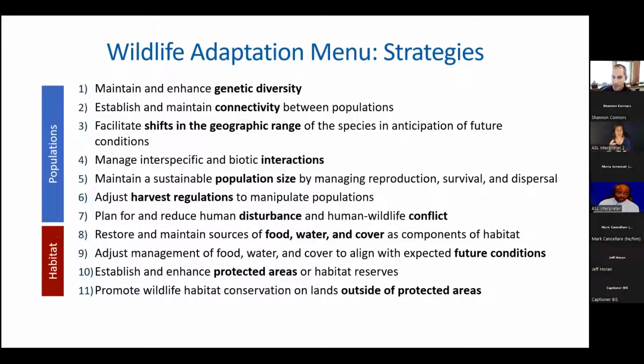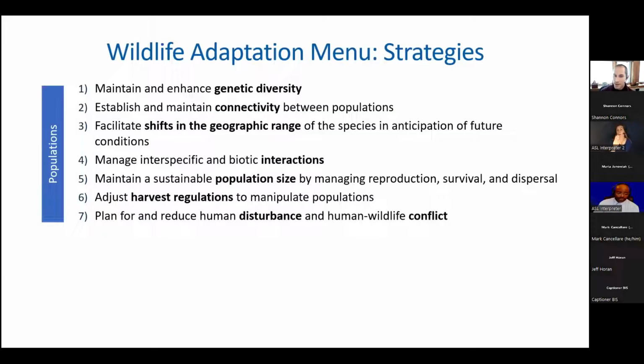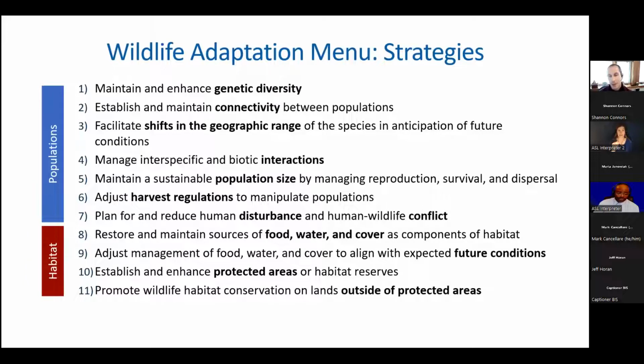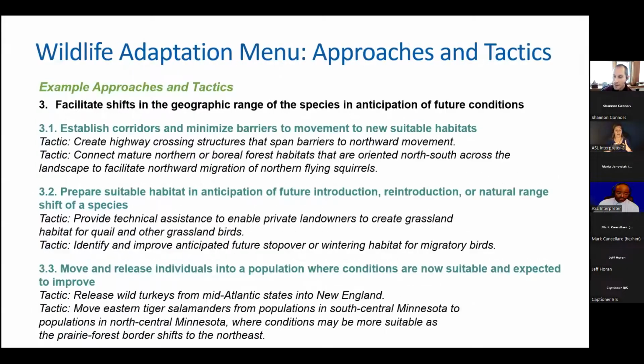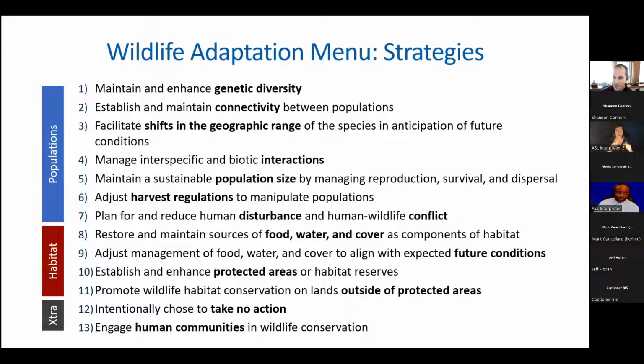And then on the habitat side, there are ideas related to restoring and maintaining sources of food, water, and cover, adjusting food, water, and cover components of habitat to align with future conditions. Finally, we get our protected areas idea here, and then conserving lands outside of protected areas.